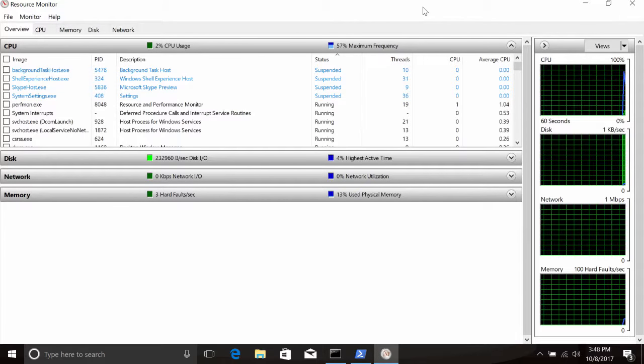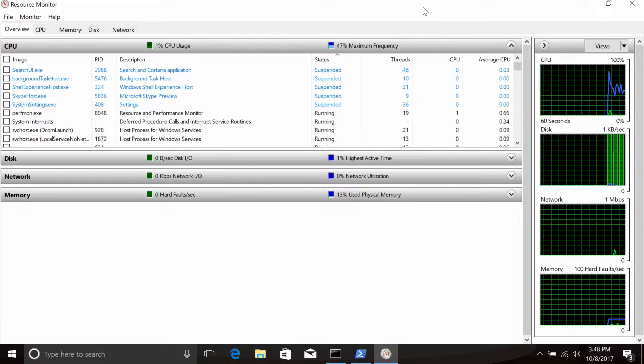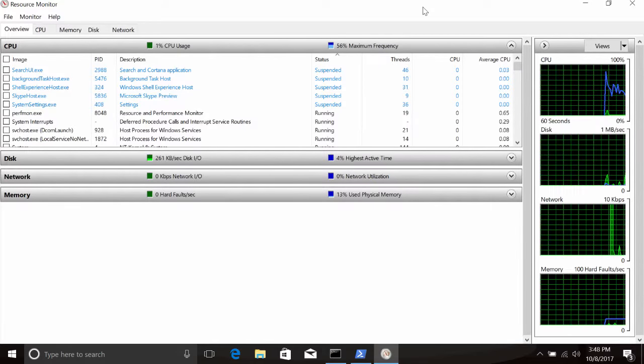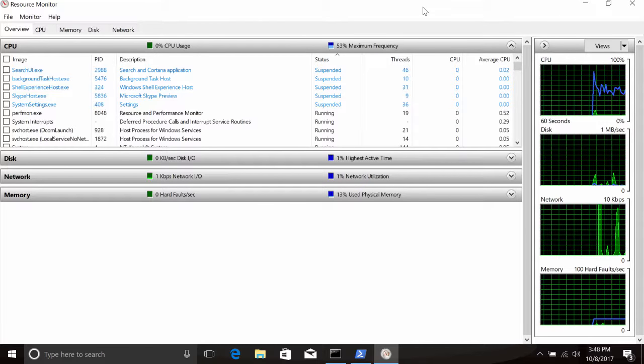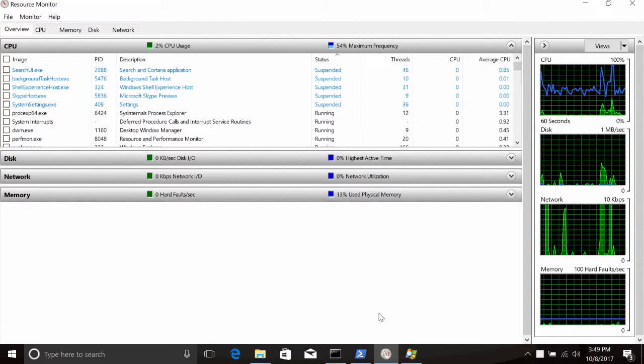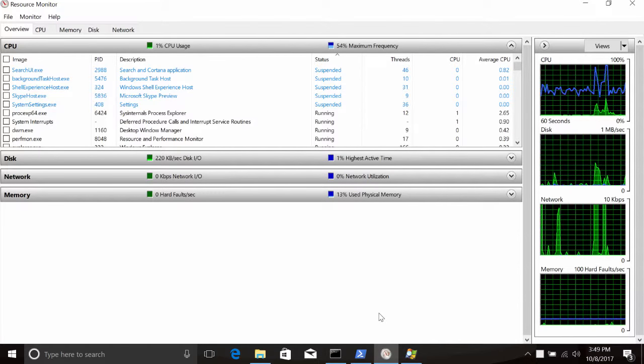Once it opens, you'll see 5 tabs of information. One is an overview of all the resources on the system. Each other tab is dedicated to displaying information about a particular resource on the system. You'll also notice that Resource Monitor displays process information too, along with data about the resources that the process is consuming. You can get this performance information in a slightly less detailed presentation from Process Explorer.